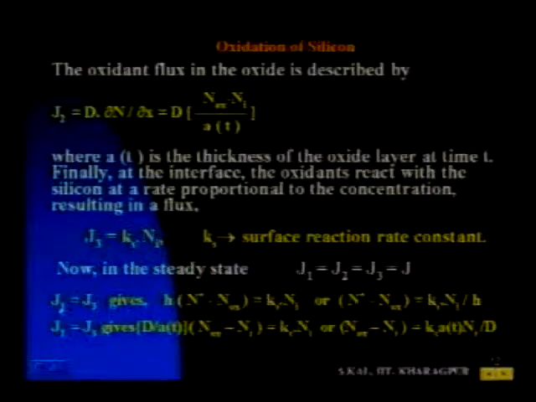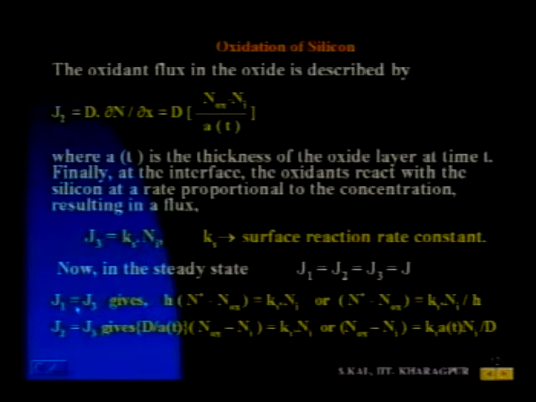So at this steady state, J1 is equal to J2 equal to J3. Say this is equal to J. Initially this is not valid. J1, J2, J3 may not be equal, but when steady state is reached, it is obviously J1 equal to J2 equal to J3 equal to say J. Now all the expressions of J1, J2, J3 we derived here.